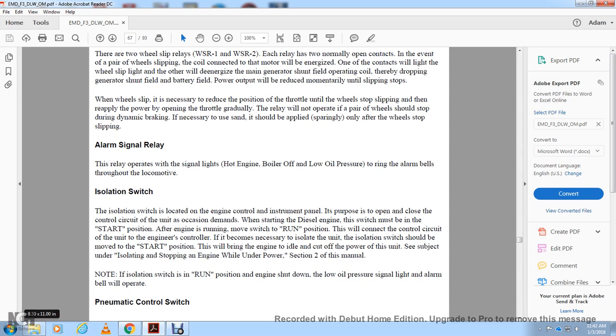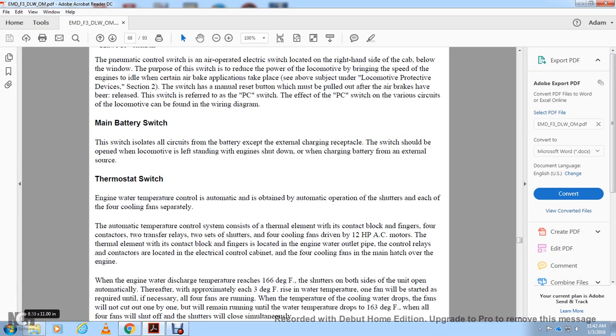Section 2 with its manual note. If the switch is in the run position, engine shutdown, lube oil pressure signal light, and alarm will operate. Pneumatic control switch. Your pneumatic control switch is an air-operated electrical switch located on the right-hand side of the cab below the window. The purpose of the switch is to reduce the power of the locomotive to bring the speed